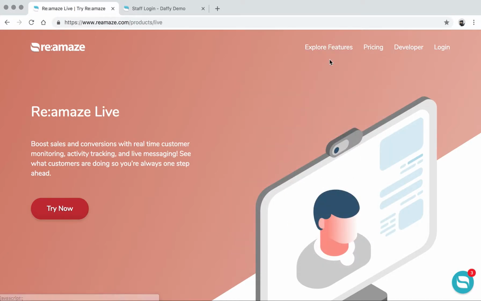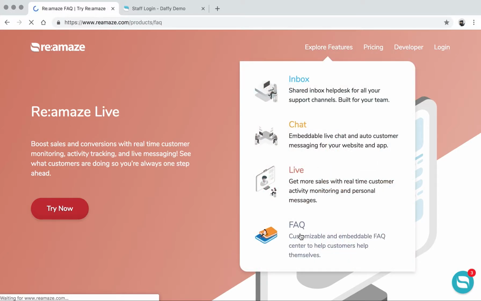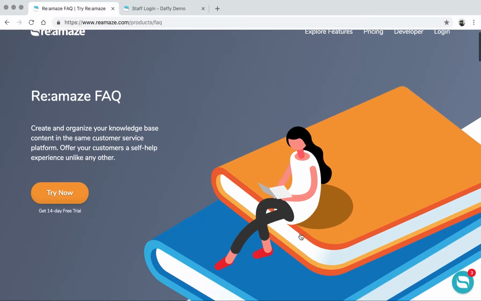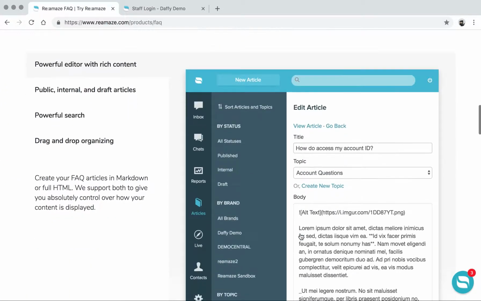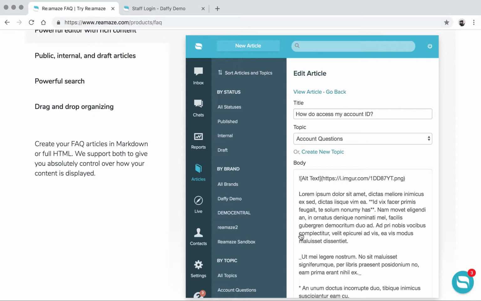And the last feature is called Reamaze FAQ. That's pretty self-explanatory, except that if you build your FAQ in Reamaze, with topics, with articles or rich media, in creating articles, you can do it in HTML or Markdown. When you create your FAQ in Reamaze, you can host it on its own domain. You can embed it into your website so that it's completely in line with the rest of your content. You can also show the FAQ inside Reamaze Chat, which gives customers the ability to self-serve and